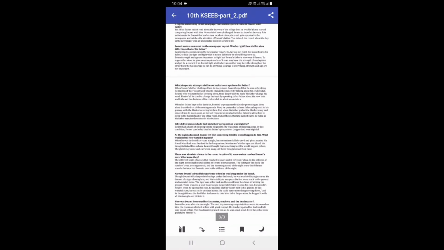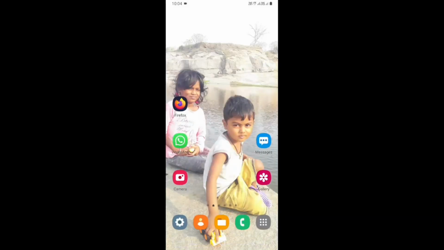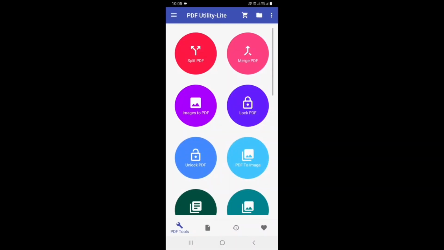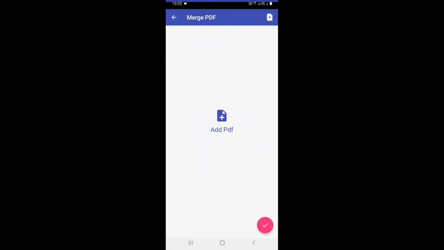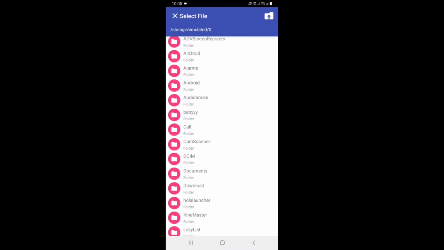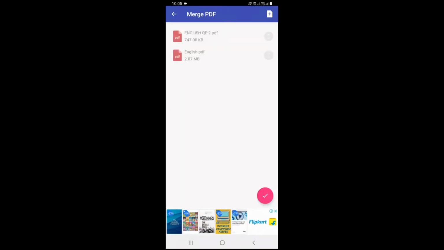Okay. See, this is the best app we can use in our phone to edit the PDF files. You can split and merge. Merge PDF is nothing but select files. First file, go to internal, select a PDF. If you are going to merge, see I select 1, then 2. Click on it. See, you can arrange.